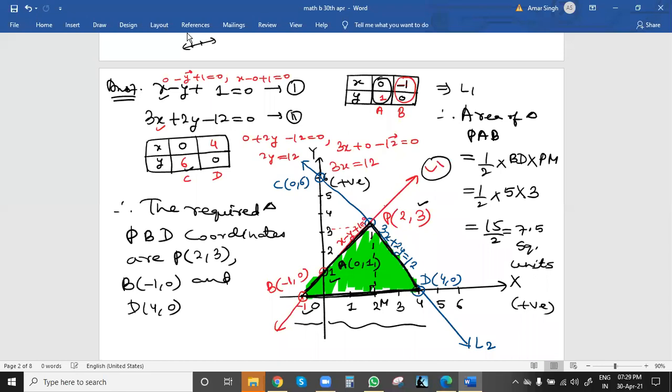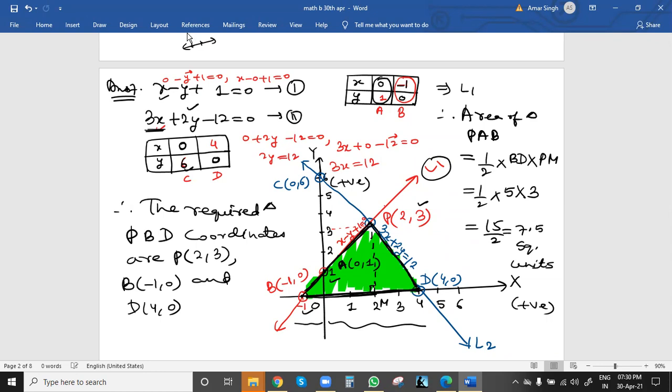Similarly, the second equation was 3x plus 2y minus 12, that is 3x plus 2y equal to 12. We can do the same thing in the same way. First we will assume x 0, in the second case y 0. If we take x 0, this term will be 0, so 2y equals 12, so y would be 6. So we got y equal to 6. And similarly, we can put y 0, so this term will be 0.